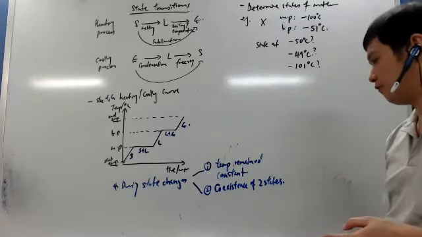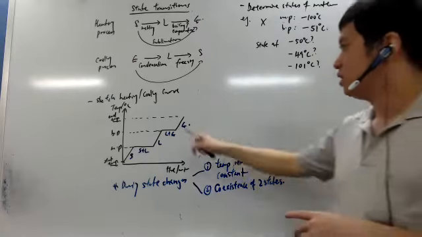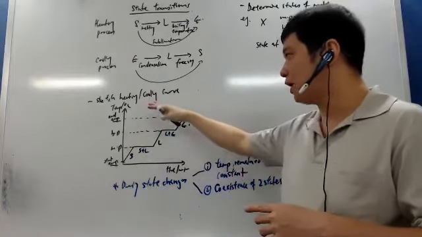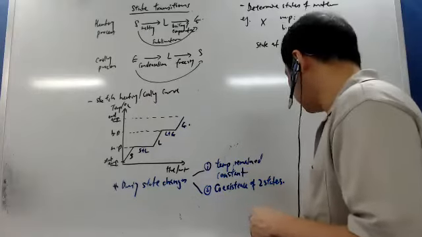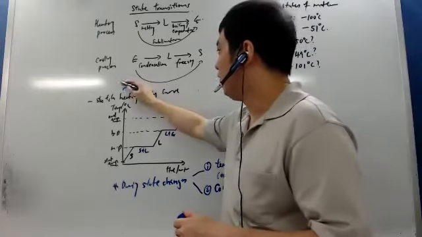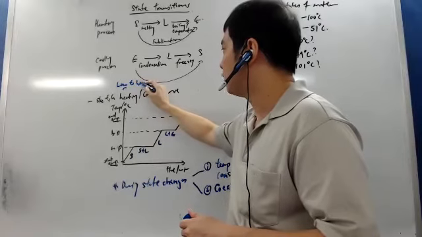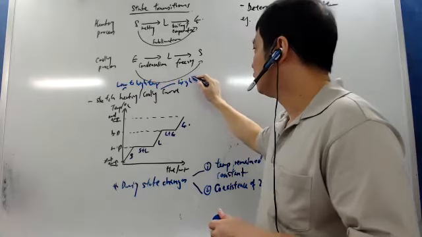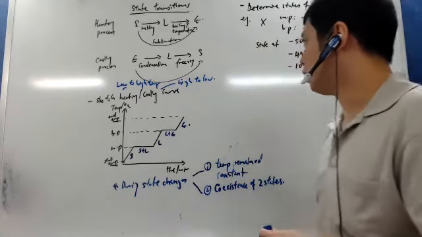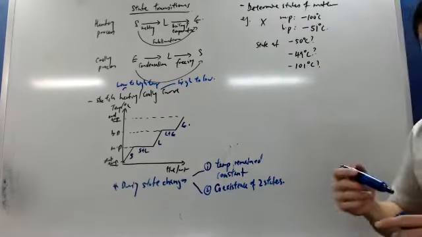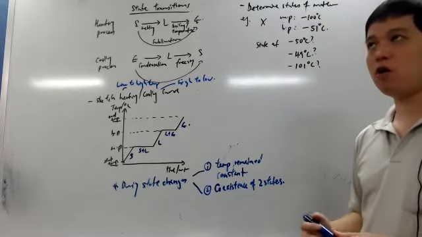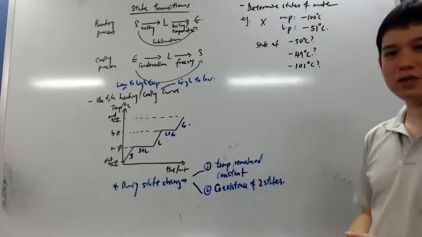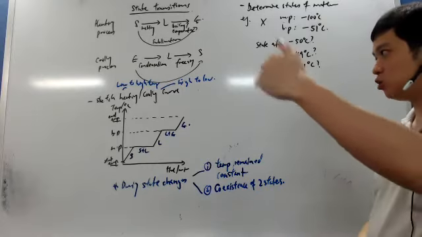curve and cooling curve. Okay, heating curve means when they ask you to sketch the temperature change with time from a low to a high temperature. Take note, a lot of students always make this kind of mistake. Heating curve is from low to high temperature. Cooling curve is from high to low temperature. So if the question asks you, for example, to sketch the curve for water at 120 degrees Celsius to -5 degrees Celsius,